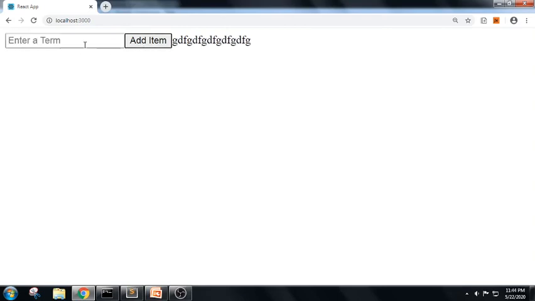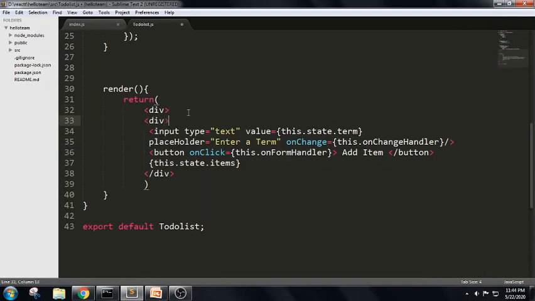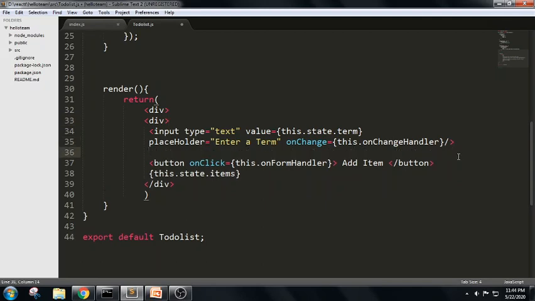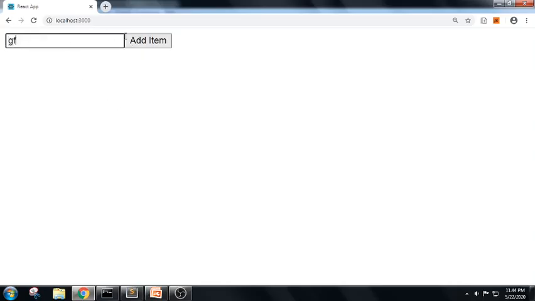Can you see? It is adding all the list items here. So can we put everything in a div so we can visualize it? I'm placing everything in the div here, enclosing everything in the div. So if you can see, when I add, it is adding each and every array element here, and displaying the list of items that we have added using this method.